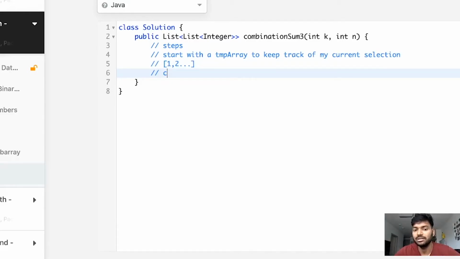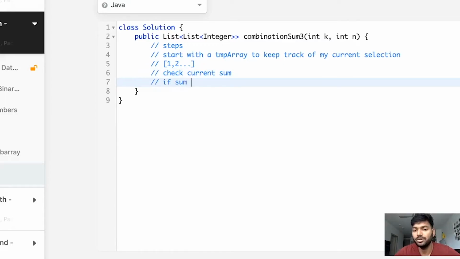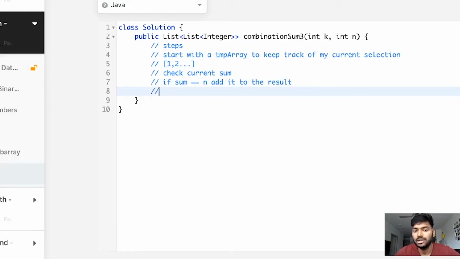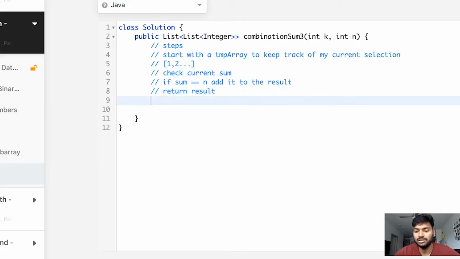And then at every step check what your current sum is, right? And then if sum is equal to n, then add it to the result and return result, right? Simple.